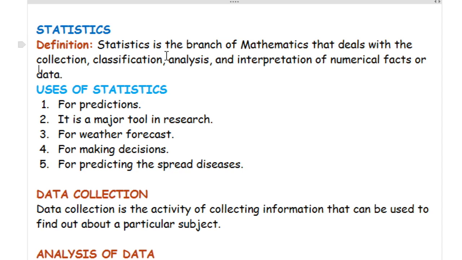In this lesson, I'm going to briefly introduce to you the concept of statistics. Statistics is the branch of mathematics that deals with the collection, classification, analysis, and interpretation of numerical facts or data. So the first step in any statistical process is data collection, and the last step is the interpretation of numerical facts, or the presentation of the information on maybe a bar chart or pie chart,